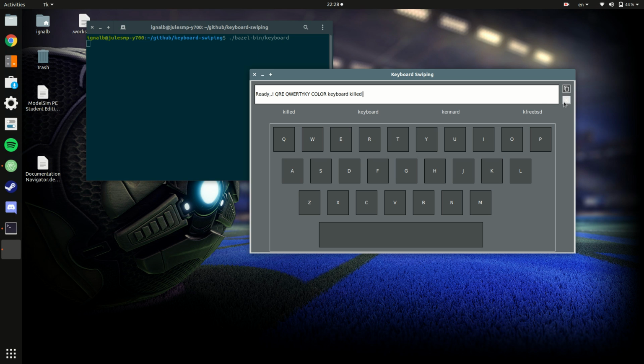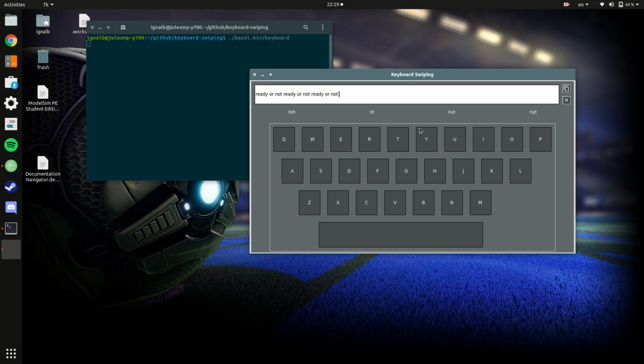There's two additional buttons here which are more for ease of use. This one clears the entire text box contents, and the other one copies them, which I'm going to have to write something to show off. So right now, if I press Ctrl V, you'll see that there's nothing on my clipboard. But if I write something like ready or not, I can copy, and if I clear, I can go ahead and use Ctrl V to paste that